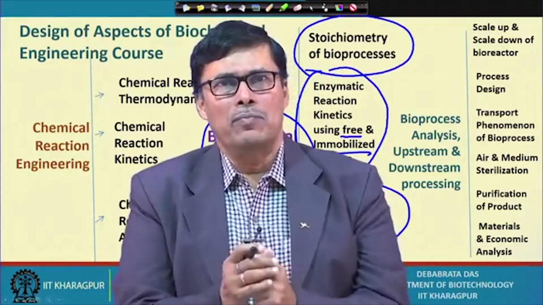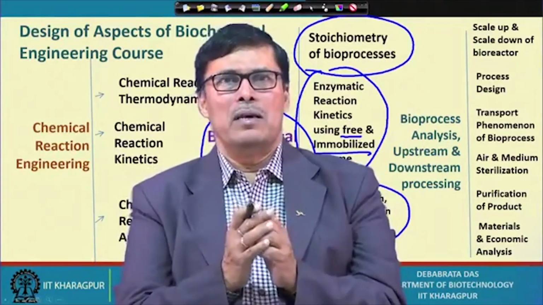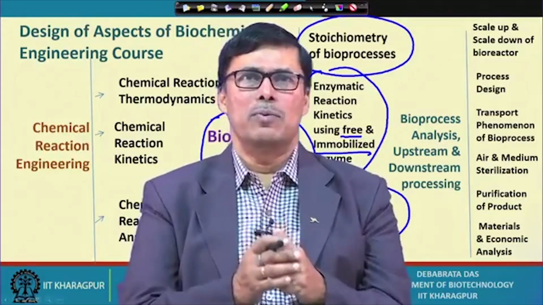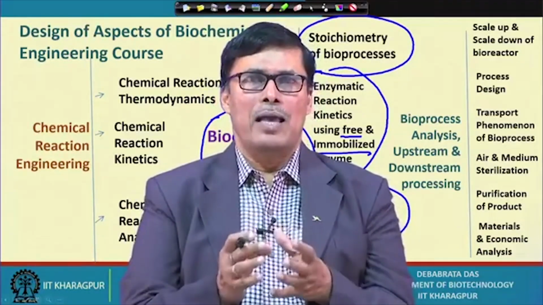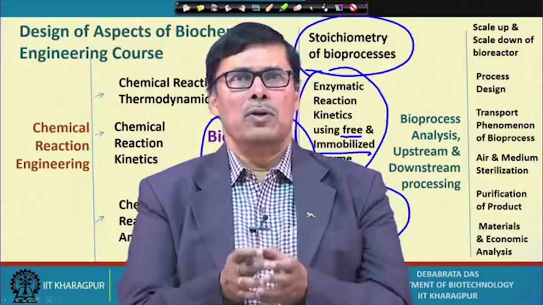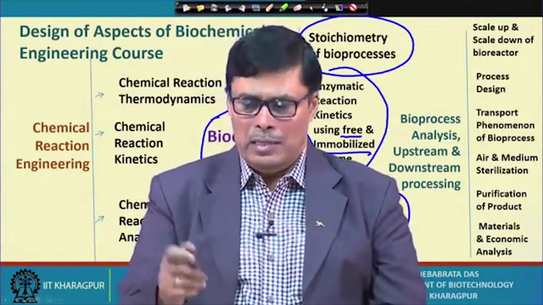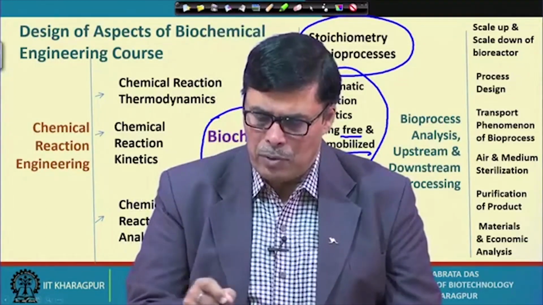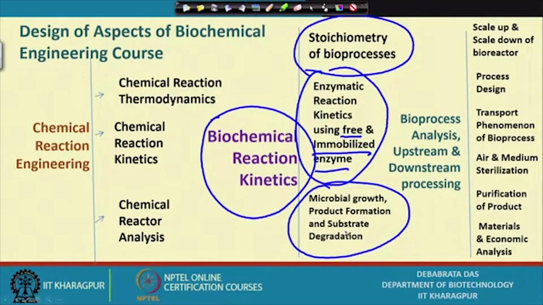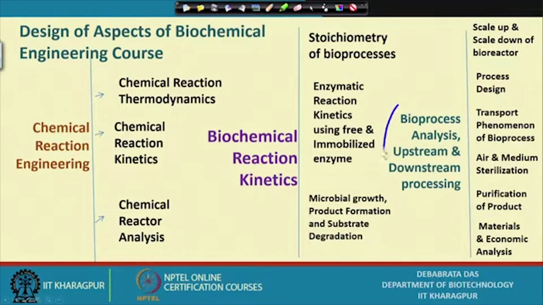So in the living system, the main emphasis is to be given to how we can allow our desired organism to grow in the reactor. That we discuss in detail in this, and how the microbial growth, product formation and substrate degradation can be taken into account in this system. After having all this information, then we switch over to one important thing, that is bioprocess analysis, upstream and